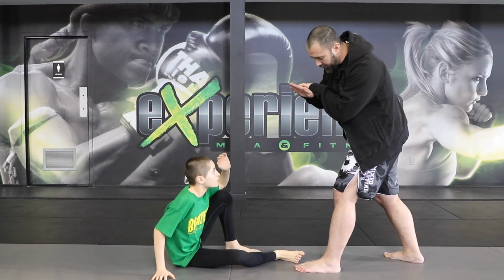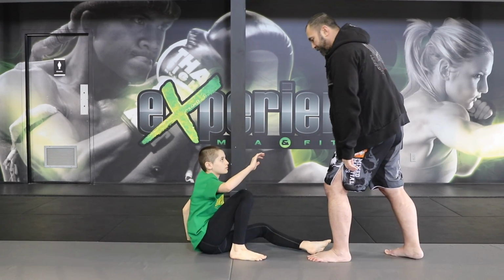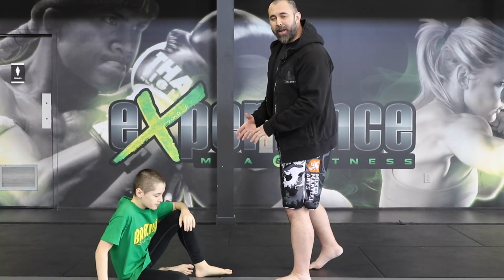So one more time here, heel stomp, boom. And if he wants to do the opposite side, he would switch his base, heel stomp here, boom. And that's an effective offensive strategy when you're in the seated position or from the bottom with an opponent standing in front of you. This last strategy I want to show you guys is also using a swing kick, but